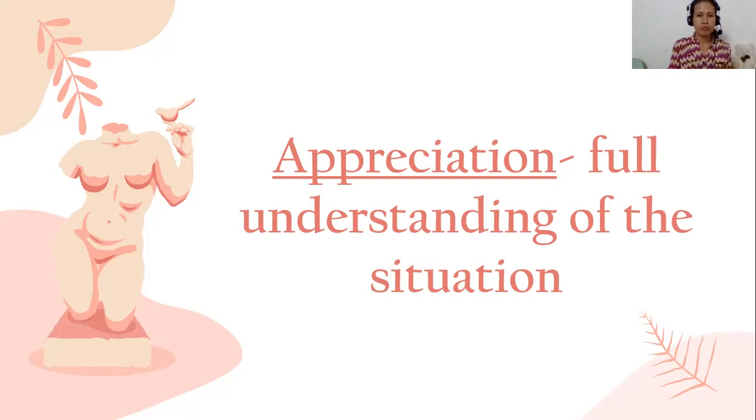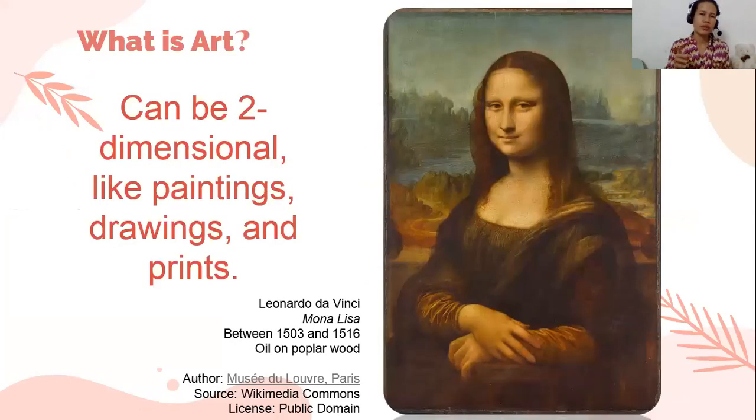All right. So let us continue. Another thing, what is all about art? Of course, art could be two-dimensional, like what I said earlier, right? Examples of them are paintings, drawings, and prints. So what you can see now is one of the famous artworks as well. We know that one, we are familiar with it. Sometimes it is even used in commercials or even in movies, right?